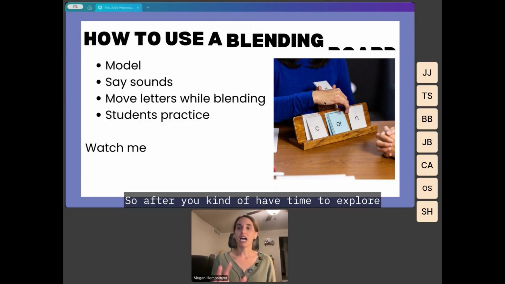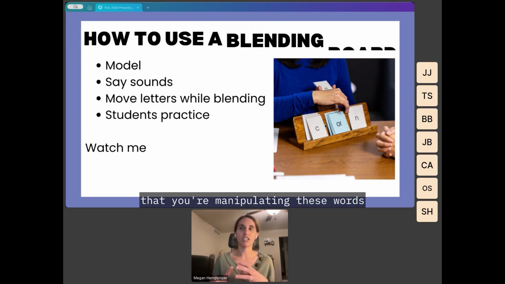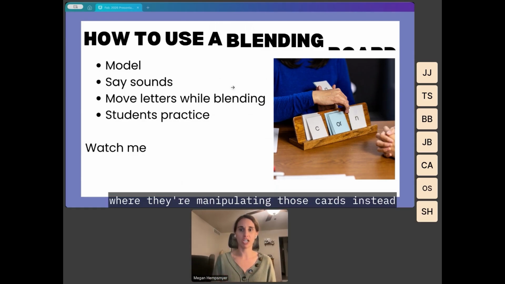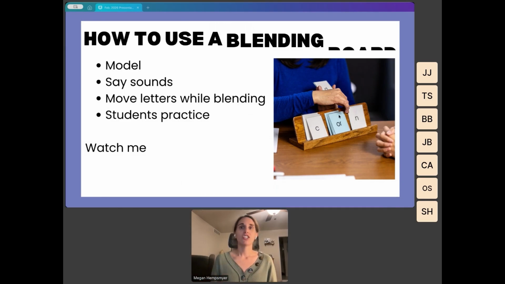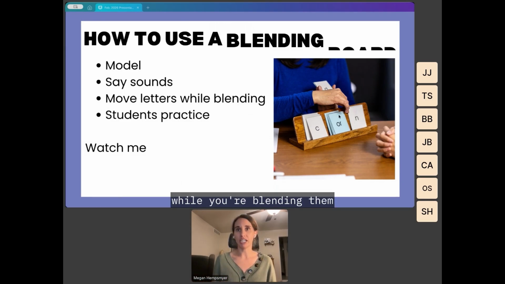So after you have time to explore, you'll see that there are multiple cards on the blending board. And so that's the whole idea, is that you're manipulating these words and you're allowing students to see the connections between them. If you've done word ladders, it's something similar to that, except you have that tactile piece where they're manipulating those cards instead of just writing. So as the students are watching you move the letters while you're blending them,